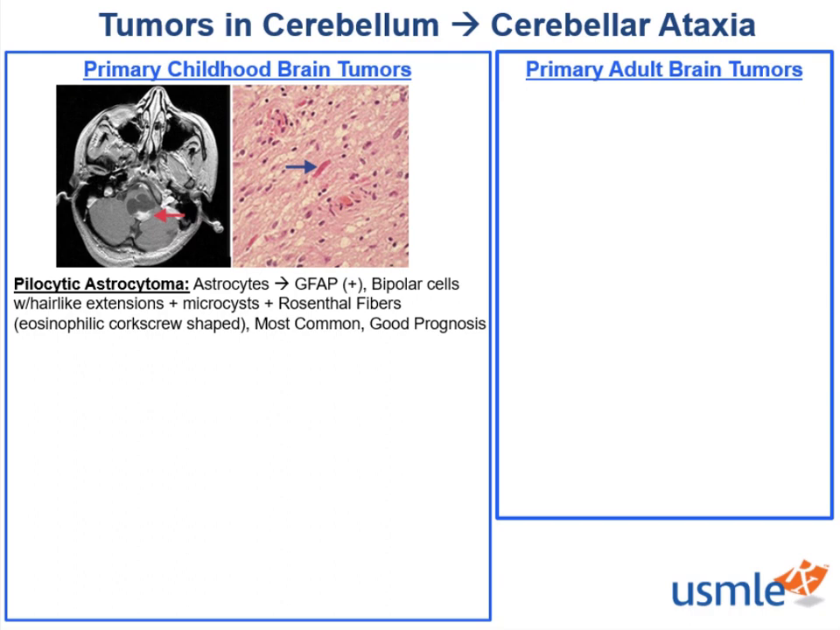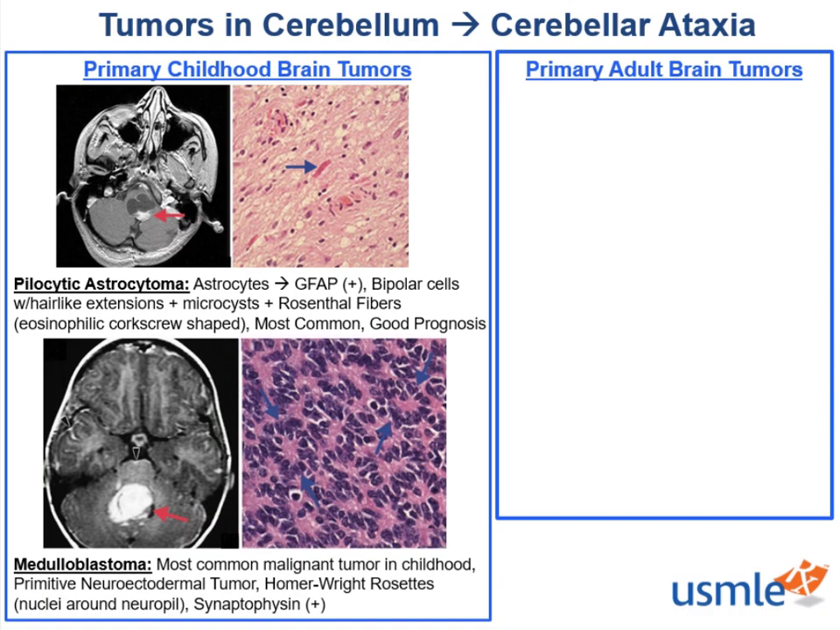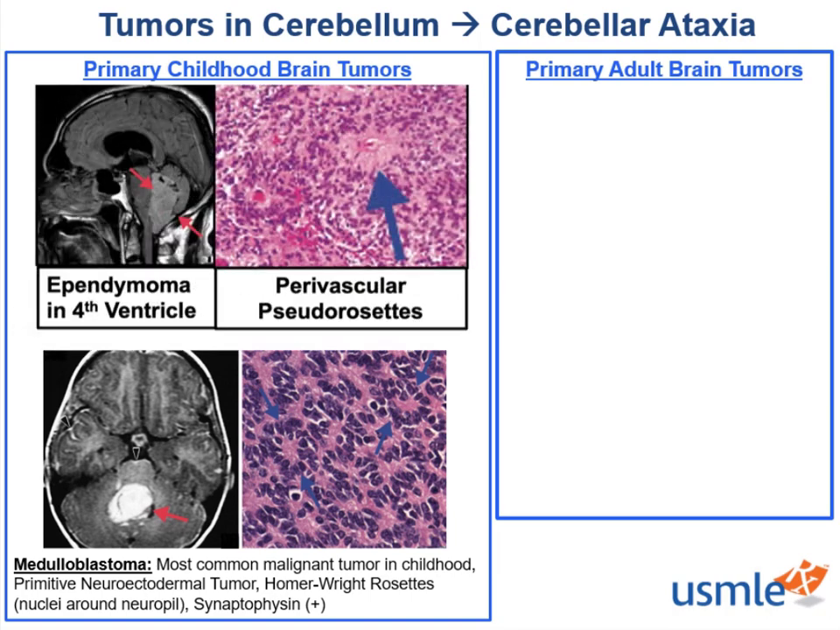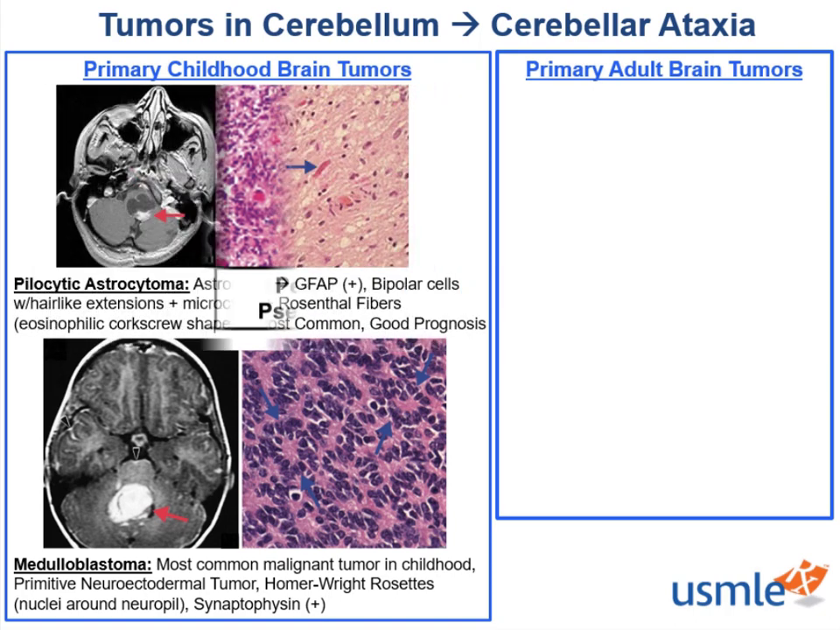These tumors have a good prognosis, whereas medulloblastomas sadly do not, as they are the most common malignant tumor in children, a primitive neuroectodermal tumor characterized by Homer-Wright rosettes, blue arrows, with cells that stain positive for synaptophysin. Ependymomas form in the fourth ventricle and compress the cerebellum with characteristic pseudo-rosettes of cells around a blood vessel. Lastly,